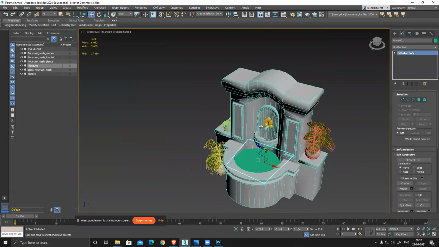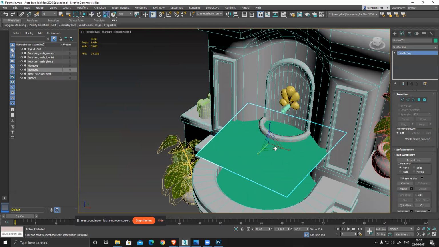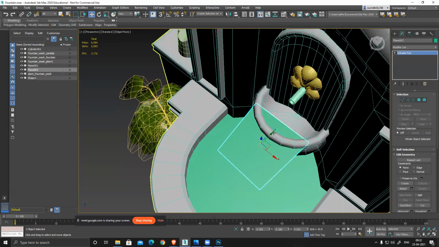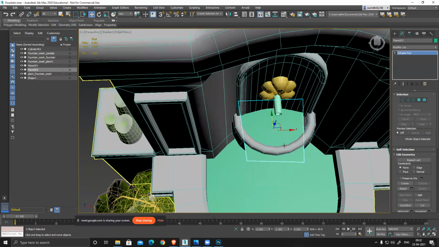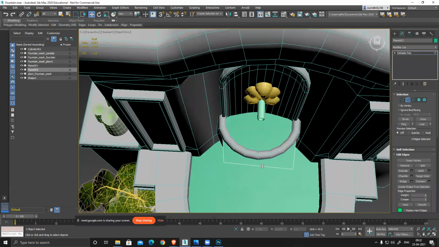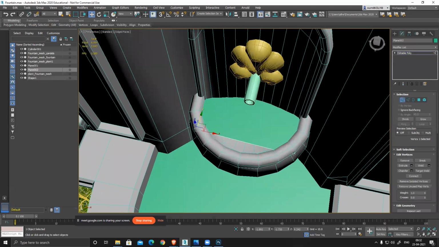Now same thing, duplicate here, copy, edge, push it inside. So only thing, because of this curved shape, I cannot cover the entire section.